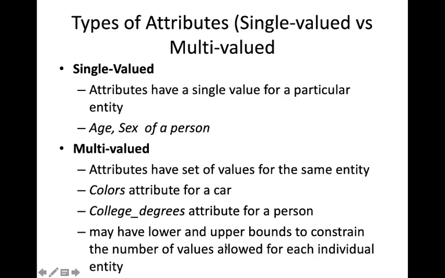Or another example is, in the previous company database, we have seen that a department will have several locations. So for a particular department, there will be several locations. So locations is a multi-valued attribute in the case of a company. Or projects also. Maybe a project will be located in several locations. So project locations will be several. Like that, all these will be considered as multi-valued attributes. So this is the second classification, single valued versus multi-valued.